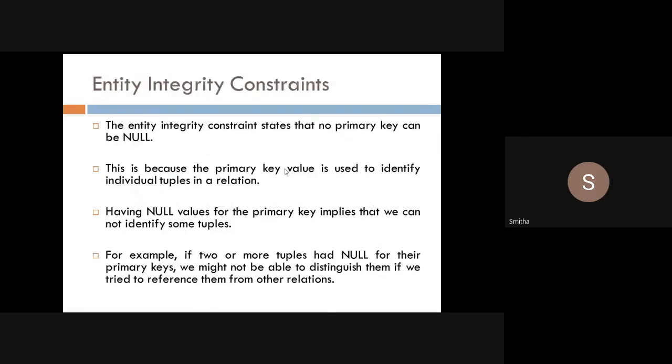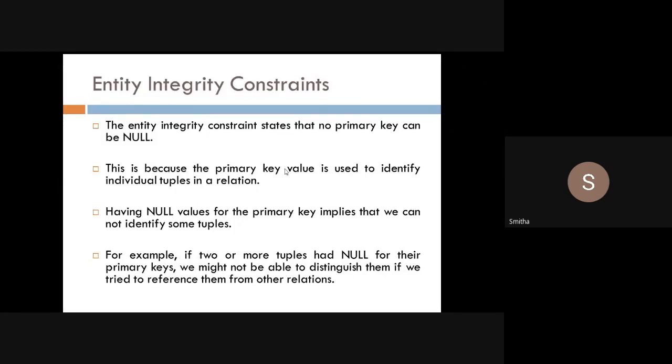The next is entity integrity constraint. It is one of the main types of constraints. We have seen key constraints, domain constraints. Then the next one is entity integrity constraint. So entity integrity constraint states that no primary key can be null. Now one more thing.